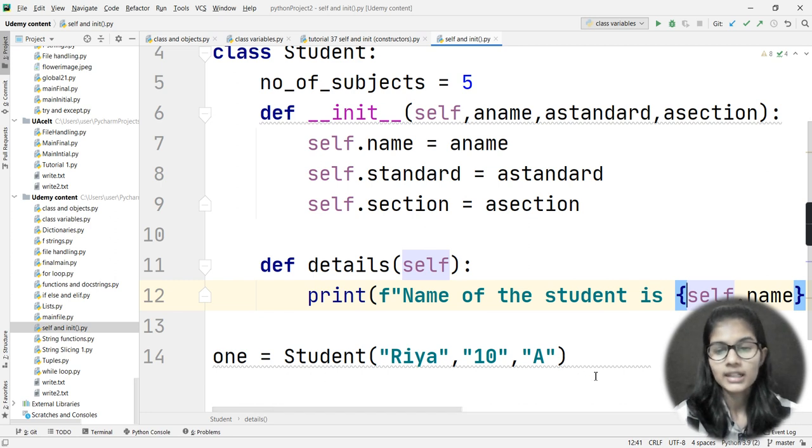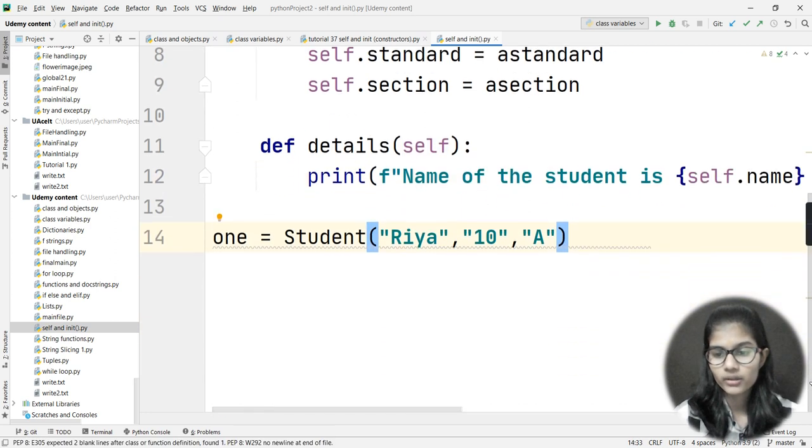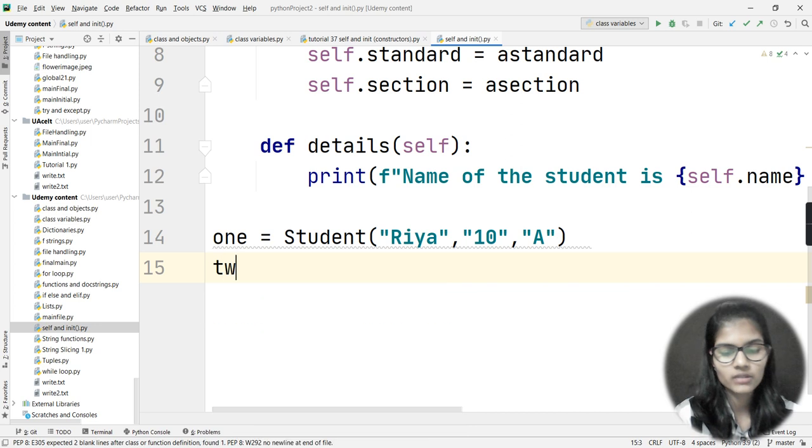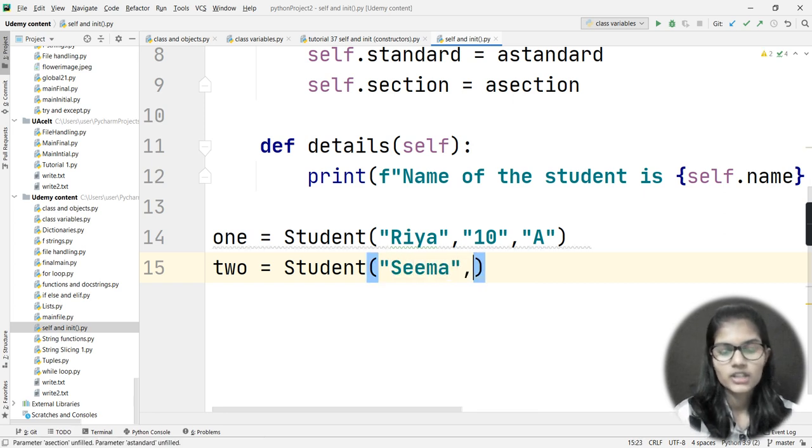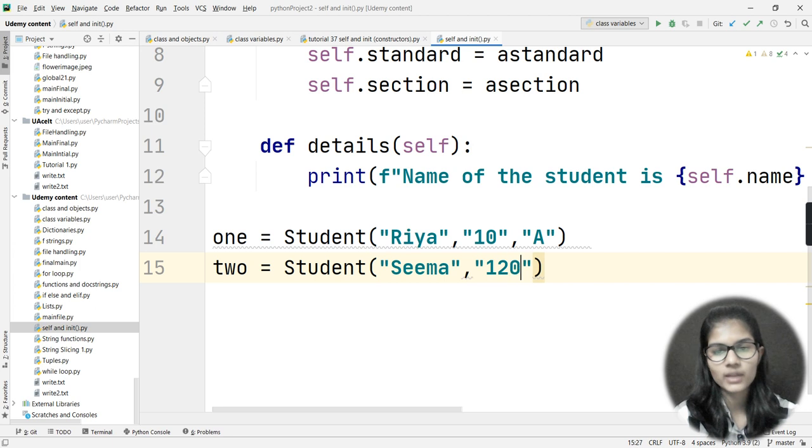Fine. If I just want to make more objects, what I would do is write 2 again, then I would again write the student class, and in the bracket I would again pass all the details whichever I want. This is the procedure. This one is easy, right? Now you just cannot do the previous thing for 20 or 50, but you can do a little bit of thing for this one. This is much easier than the previous one.